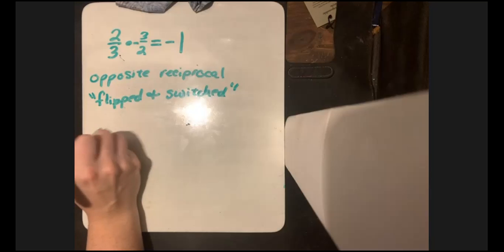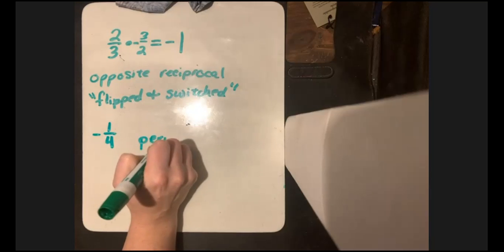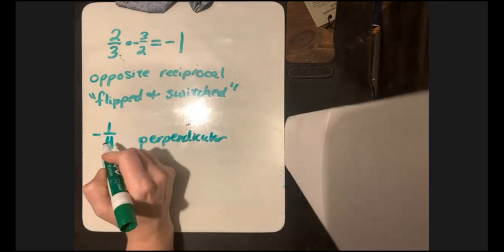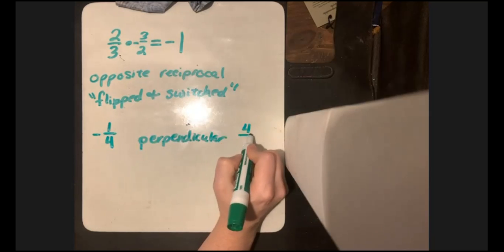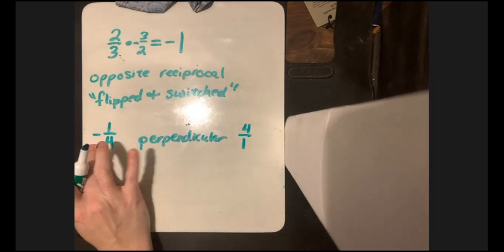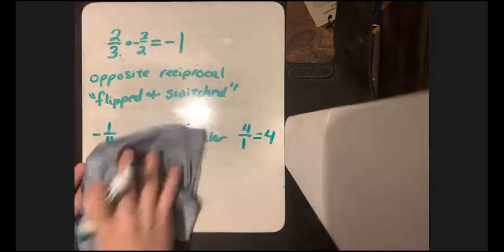So for example, if I had -1/4, then the perpendicular is going to be to flip that over, 4/1, and switch its sign from negative to positive. This could be cleaned up to 4, okay? So now,